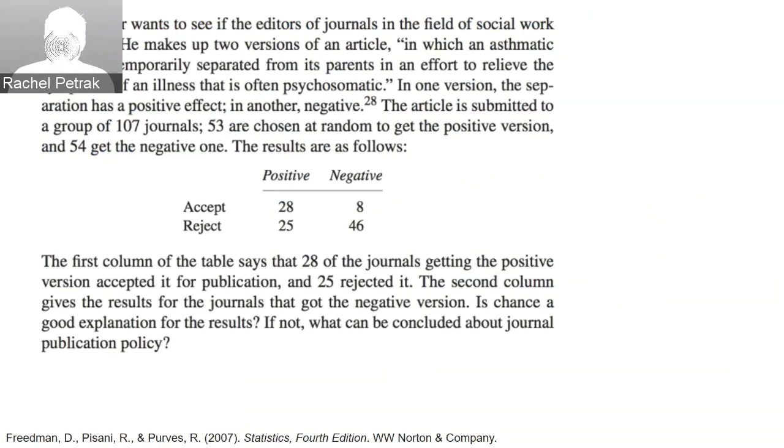And the first column of the table says that 28 of the journals getting the positive version accepted it for publication, and 25 rejected it. See, they got the positive version. The second column gives the results for the journals that got the negative version. Is chance a good explanation for the results? Well,